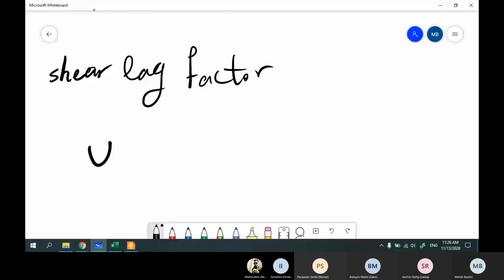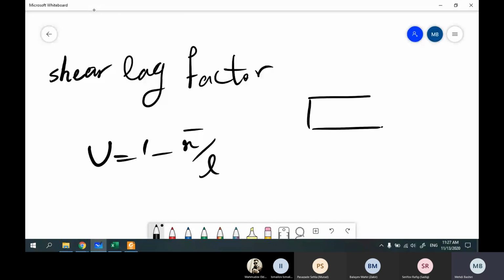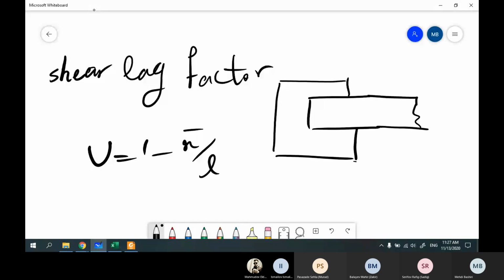What was the equation for U? 1 minus x bar over L. What was L? The length of connection. For example, if we have a connection like this, if the connection is bolted, L is the center to center length between the first and end bolt, or if we have a welded connection,